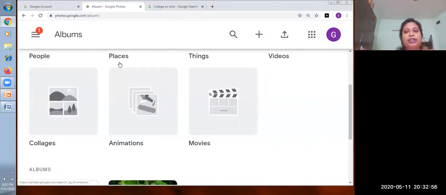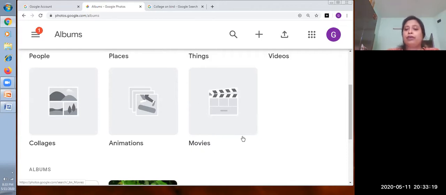Now animation. We can create animation using the photographs which we have uploaded in Google Photos. So using those we can create the animation. We need to have a minimum of 2 photographs and a maximum of 50 photographs for the animation.